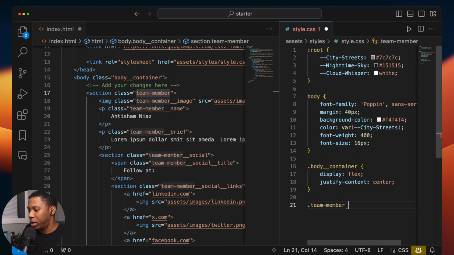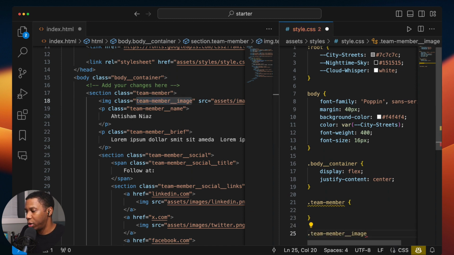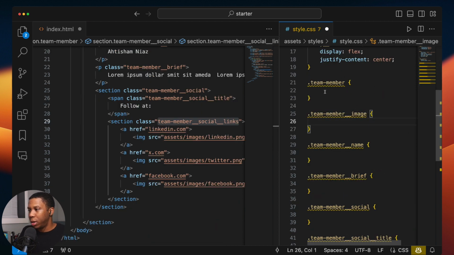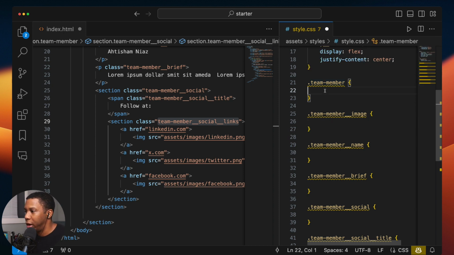Okay, let's just do that. Okay, so we have that. So we could just simply copy and paste. So we just go down the line and copy everything we have. Okay, now that we have all of our classes defined within our style CSS file, let's actually start adding our